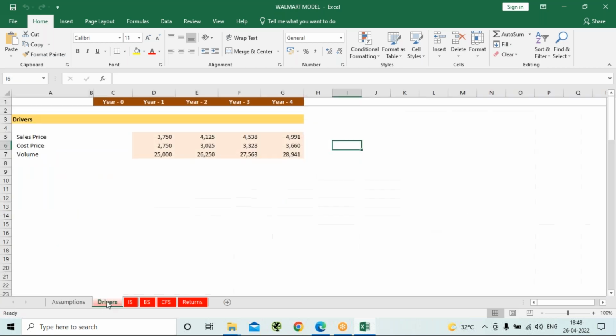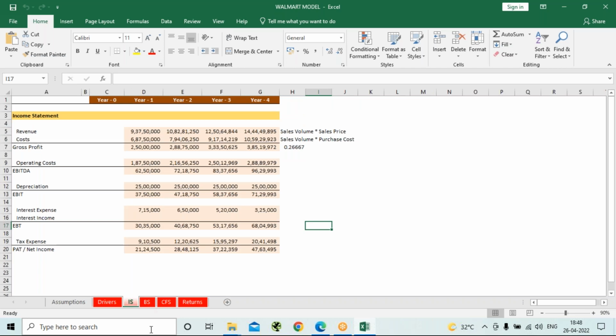The calculations were done on the driver's sheet. Then the same thing was connected to the income statement. Here we are learning how to connect sheet values. Previously we saw how to connect cell to cell on the same sheet. Now we are trying to connect sheet to sheet